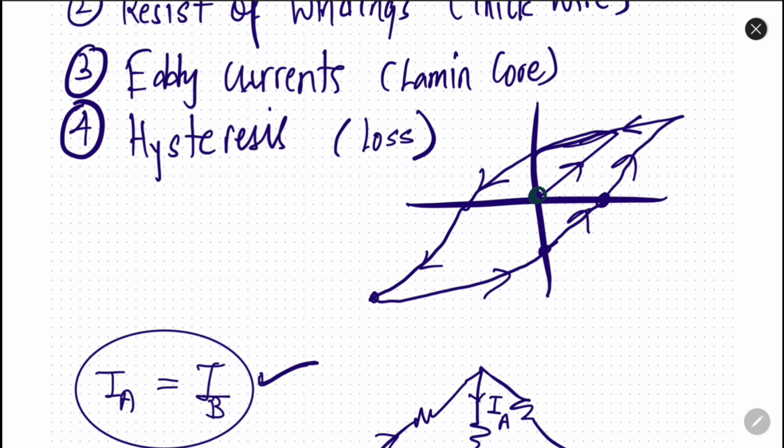So let's say we start from here. Let's say the current is increased, or the external magnetic field is increased. Because of that, the magnetic field of the wire will increase. Let's say it goes here. But when you decrease the external field or current, the internal magnetic field of the wire will not reach zero. There will still be some magnetism in the wire. In order to achieve zero magnetic field, you can apply the current or magnetic field in the opposite direction. After a while, the magnetism in the material will become zero.